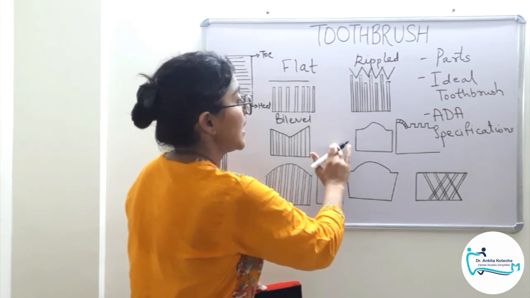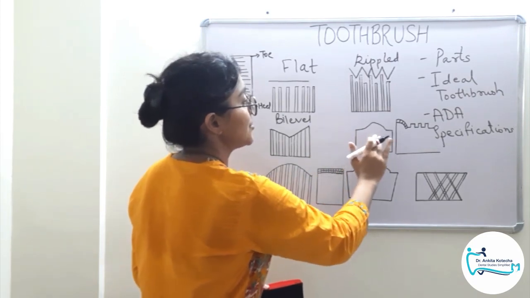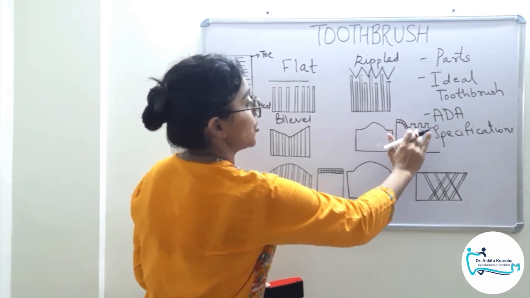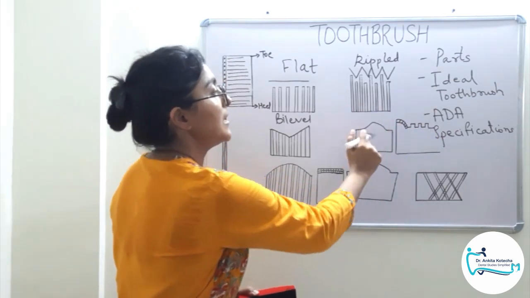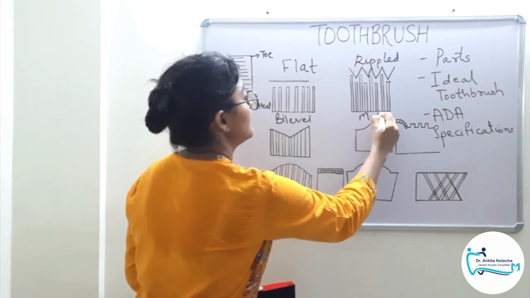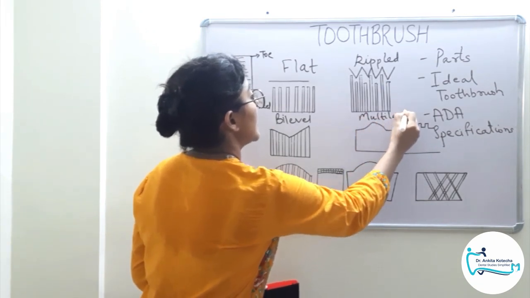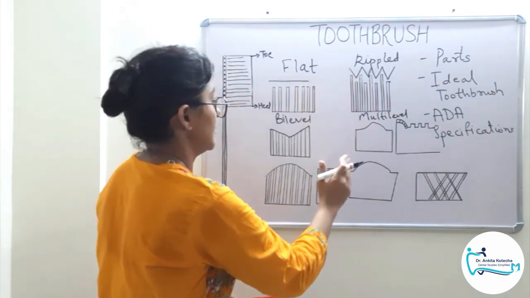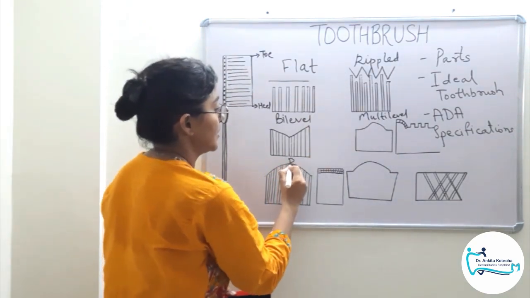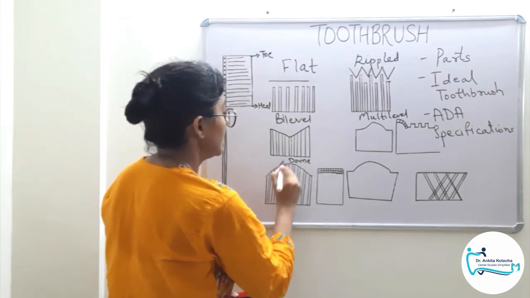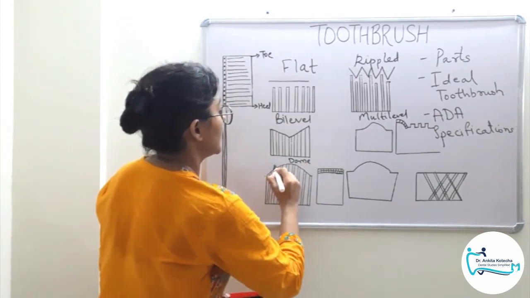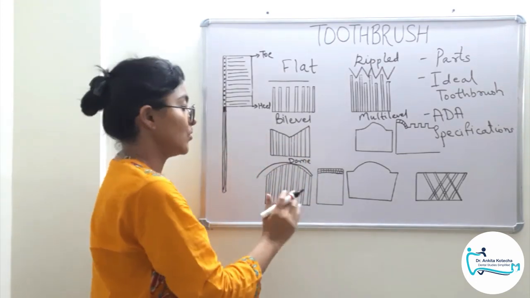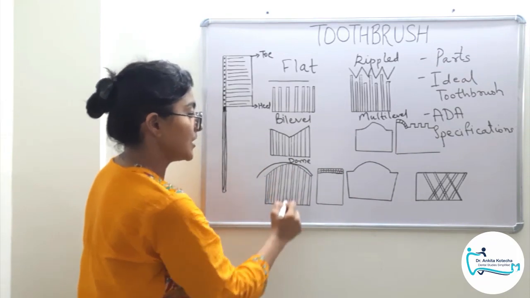Okay. Next we have multi-level. As you can appreciate, the bristles are at multiple levels, higher and shorter. Okay. This is multi-level. Again, all the bristles are in the same orientation, that is vertical. Next we have dome shaped. Some bristles are higher and some are shorter, altogether giving a fashion of dome shaped. It is overall dome shaped. Okay, and again the orientation is vertical.